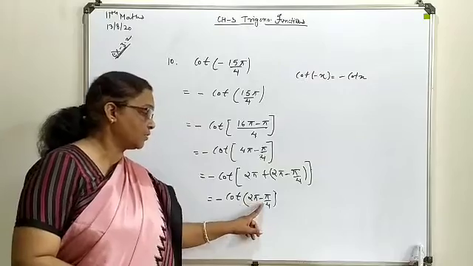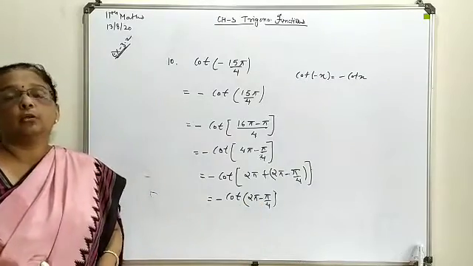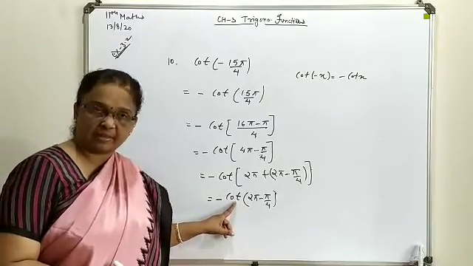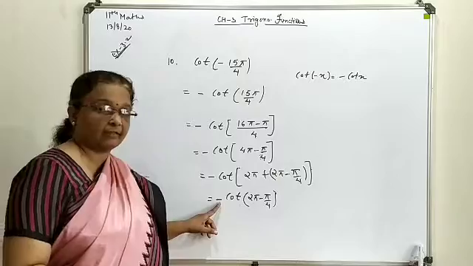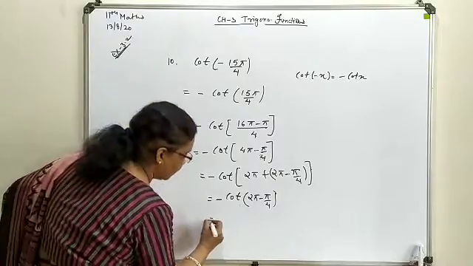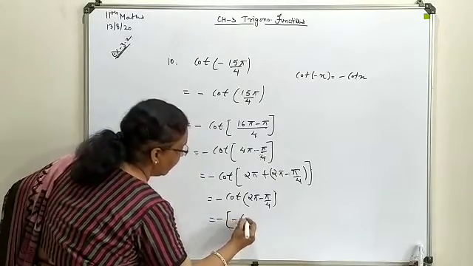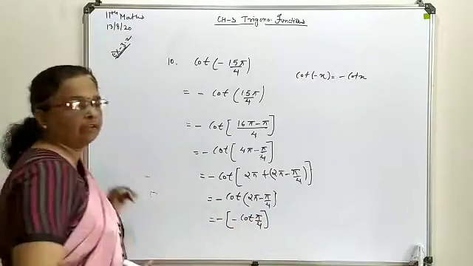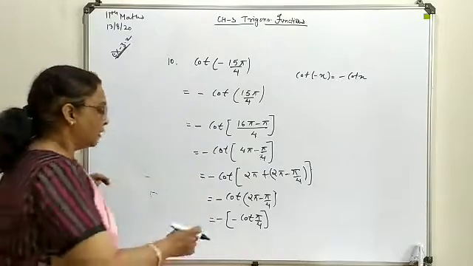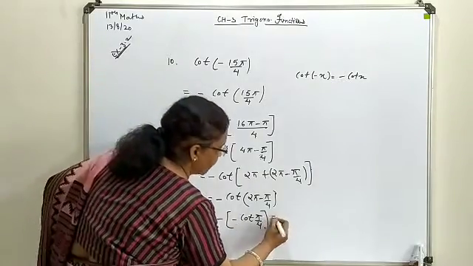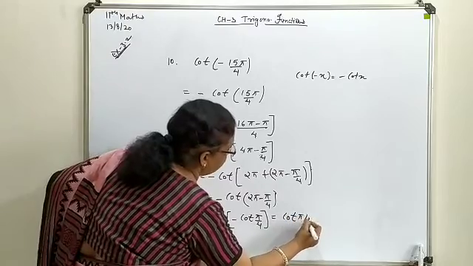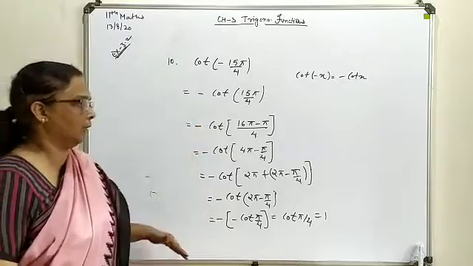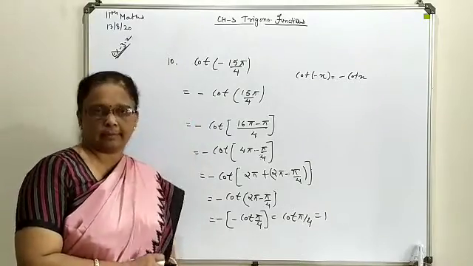2 pi means 360 minus theta, which means you are in the fourth quadrant. In the fourth quadrant, cot carries a negative sign. As we already have one negative sign, it is sorted out as minus cot pi by 4. How these angles change, we have already discussed in detail. Now minus times minus turns into plus. This is cot pi by 4. The value of cot pi by 4 is 1. So this is another situation you have to handle.